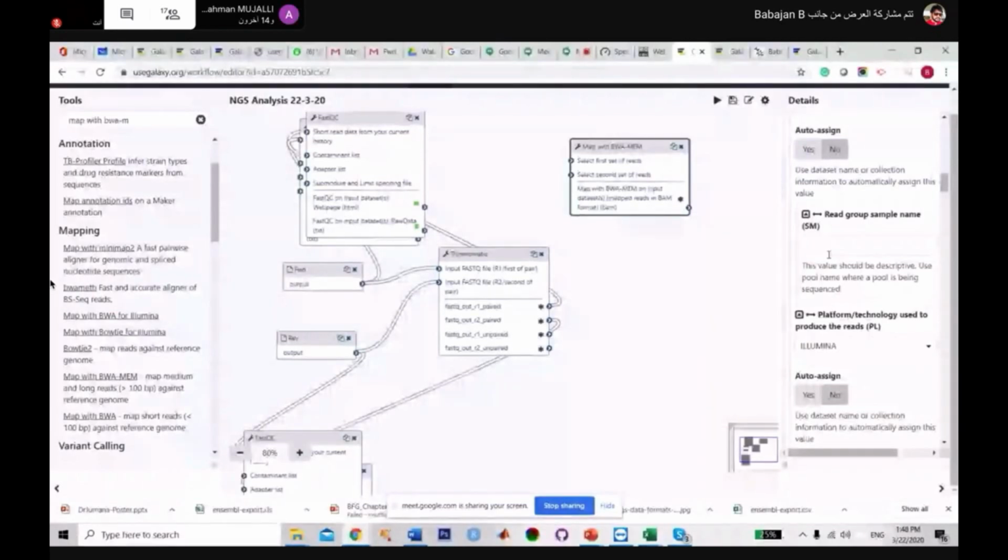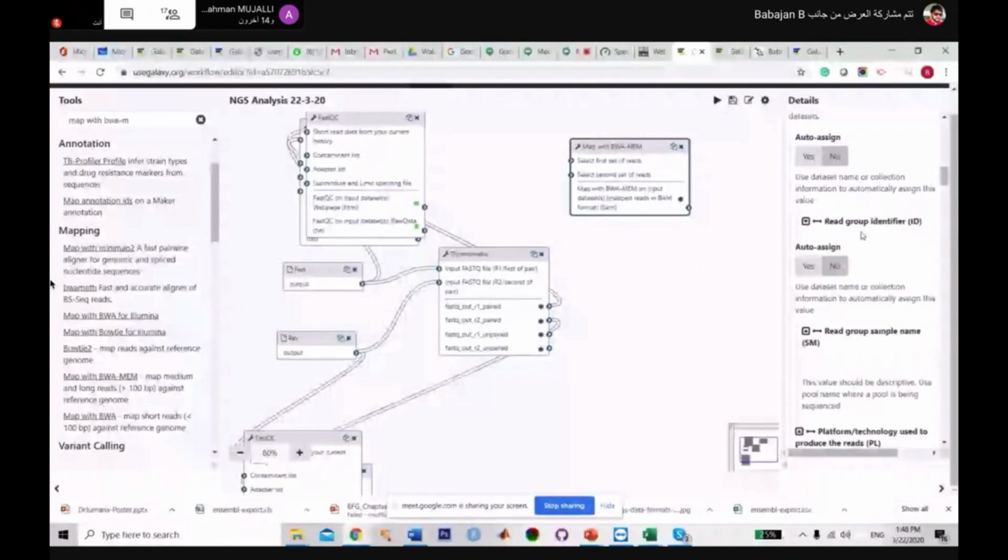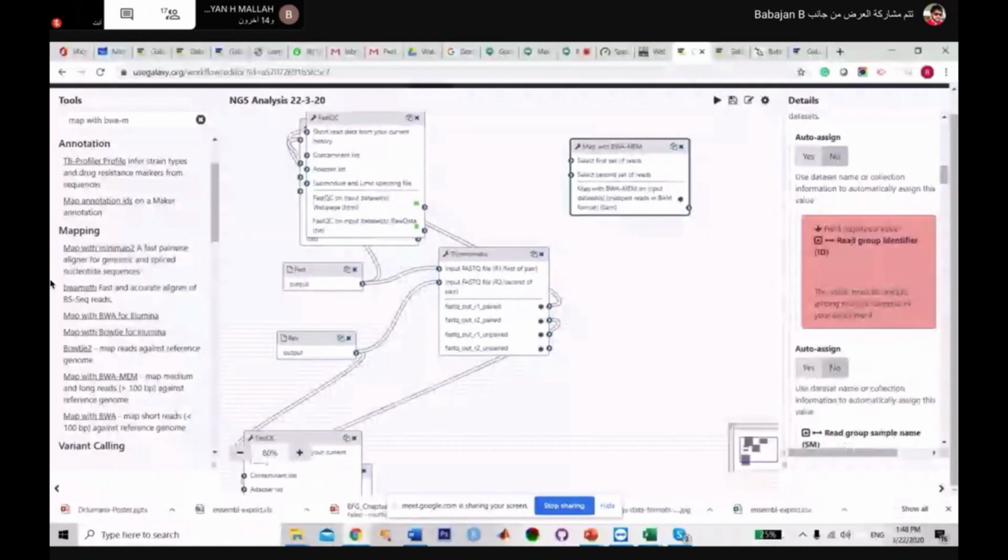Okay, and also here we can auto assign and set the read group identifier. As I told you, we can select it at runtime, or you can provide the unique sample number. So what is this unique sample number? If you check the FastQC file,